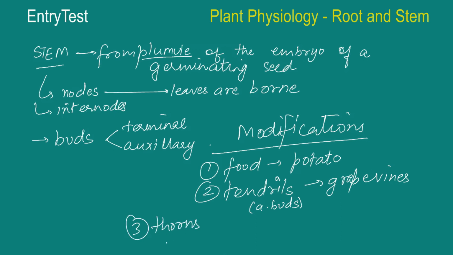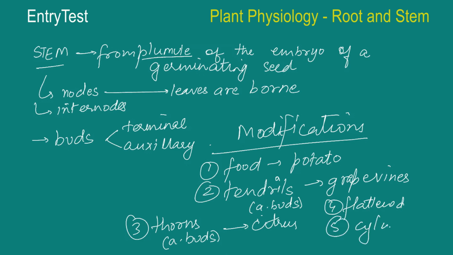Sometimes they may also develop thorns that are again extensions of the axillary buds. They're usually woody, straight and very pointed. They're found in plants like citrus or bougainvillea. And the main function of these thorns is to protect the plants from the animals browsing. Some of them may even become flattened stems, or they can become cylindrical structures. That is dependent on their shapes. They may contain chlorophyll in such a case, and they carry out the important process of photosynthesis as well.